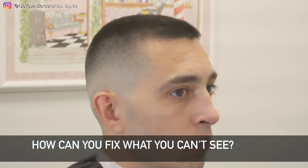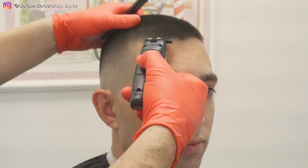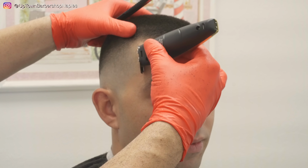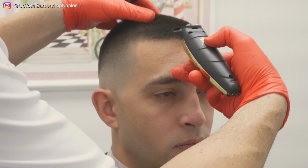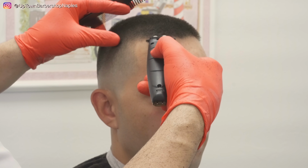And let's hit his edge up now. Now I got my Gamma, my Absolute Hitters, and we're gonna get this edge on point. I'm gonna knock it out because it's looking kind of frumpy. With his hair, it really don't matter too much. I'm just going to try to clean his corners up a little bit, but I don't push him back like crazy. And then in the end, I'm gonna put a little bit of gel, kind of spike the front up. That looks nice on him. So I just want to get rid of all these little hairs that are kind of not really cooperating. That way, if he chooses not to do his hair,